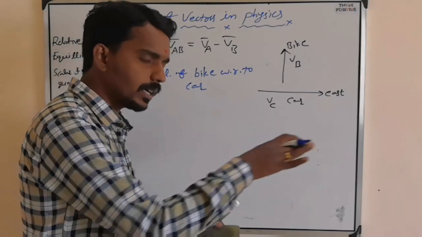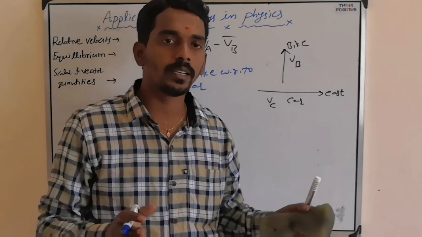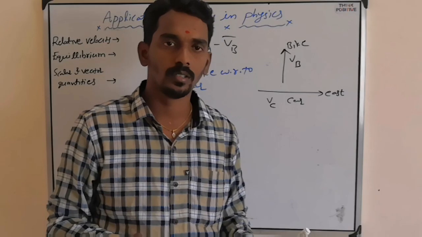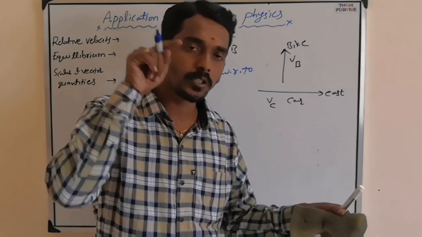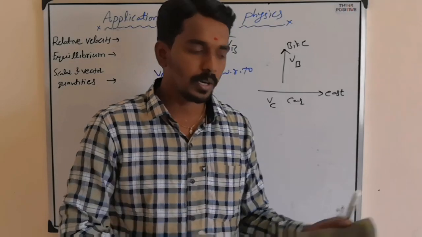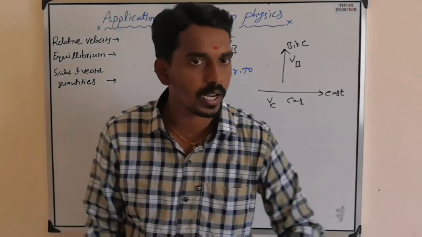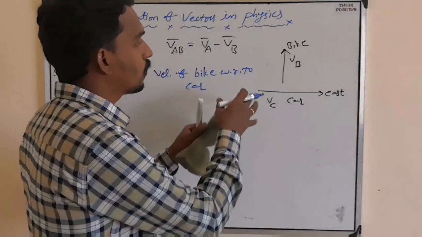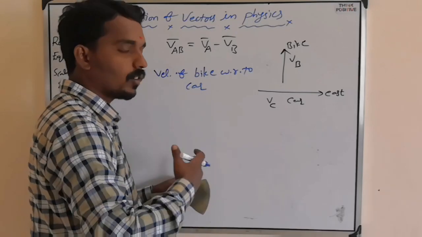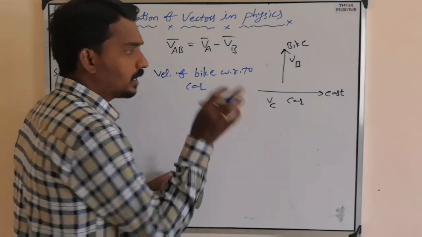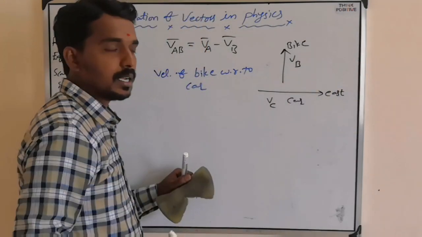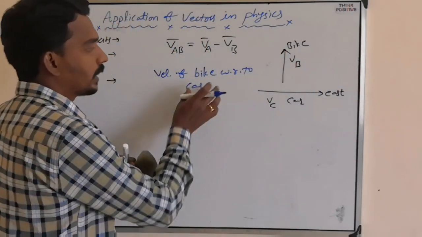Like you are moving in the vehicle, the surroundings look like they are moving back. Is it true that ground will move? No. But they appear to be moving with respect to you. When you stand on the ground it is at rest only. But when you are moving on the vehicle, ground looks like going back. That is called relative velocity. Same way, relative velocity changes from one reference to other reference. With respect to ground, the velocity of car is Vc towards east. But with respect to moving bike, it is different.